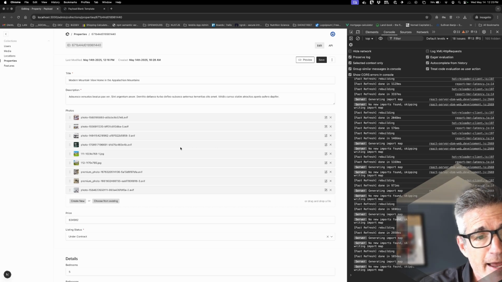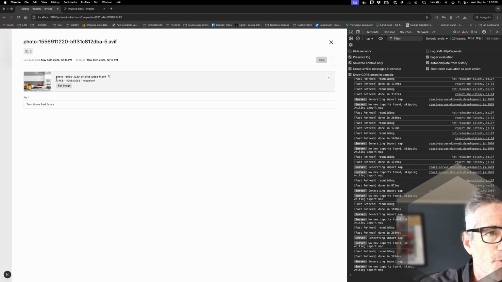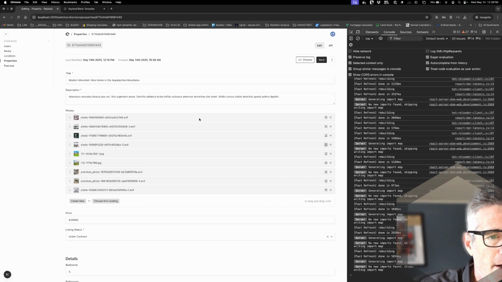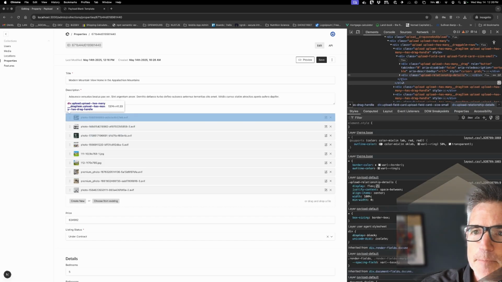One of the options I had was to create a custom view or a custom component to render these out, but I was assuming that if you do that, I would now be responsible for implementing my own drag and drop, my own edit, and modals and stuff. There's a lot of work involved in getting all of this working. So I decided rather than do that, I would just inspect all of these classes,